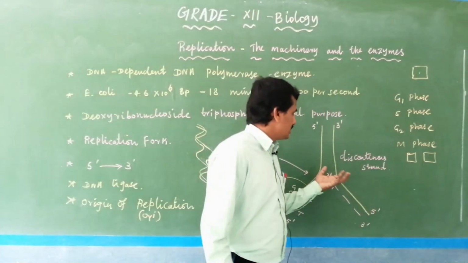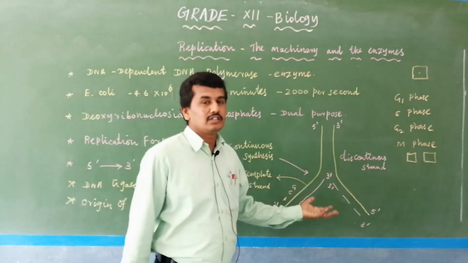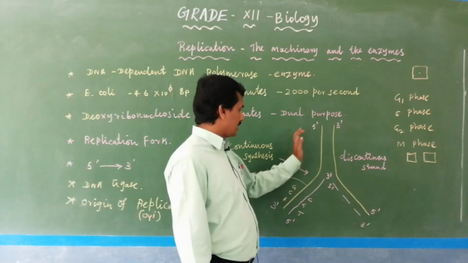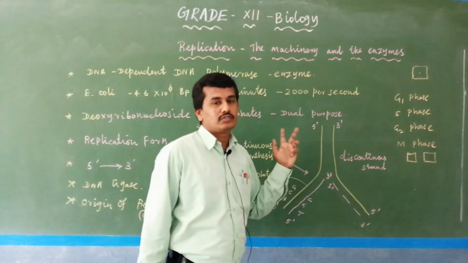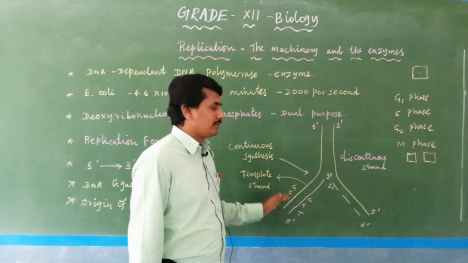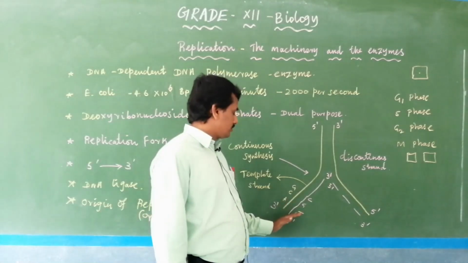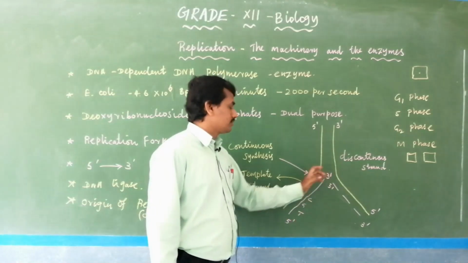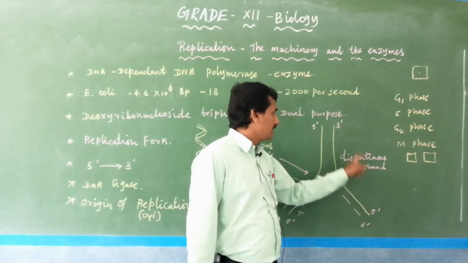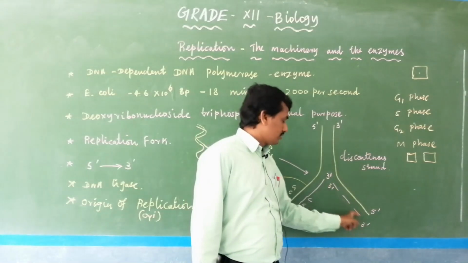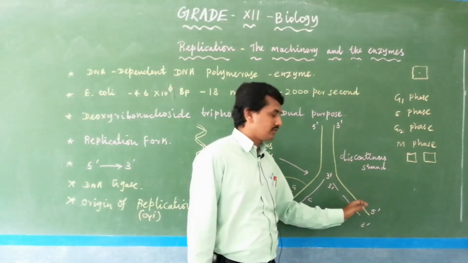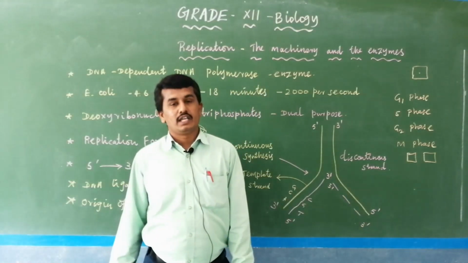So this is the DNA replication in a simplified view. DNA contains two strands, one is 3' to 5', another one is 5' to 3'. The two strands of the parent DNA act as templates. From the template strand, the newly synthesized strand is formed from 5' to 3', and this is the continuous strand. From the other template side, the newly synthesized strand is discontinuous, synthesized 5' to 3' in pieces, with the use of DNA ligase.